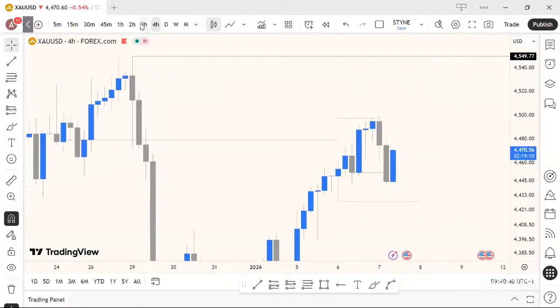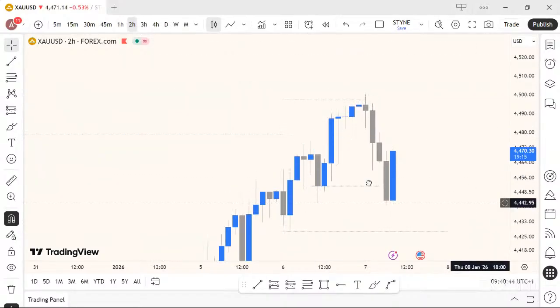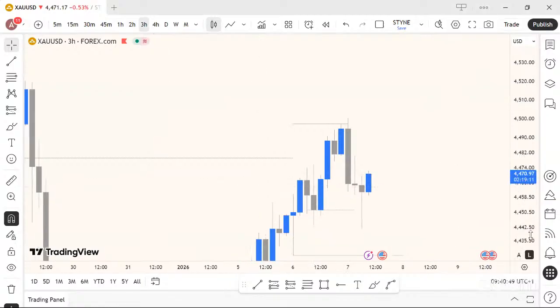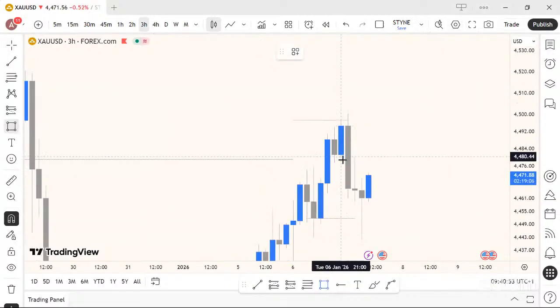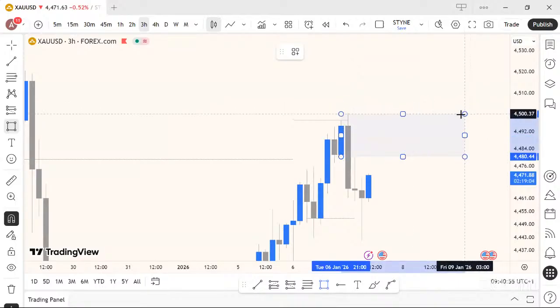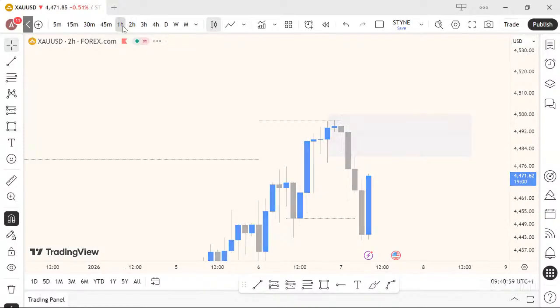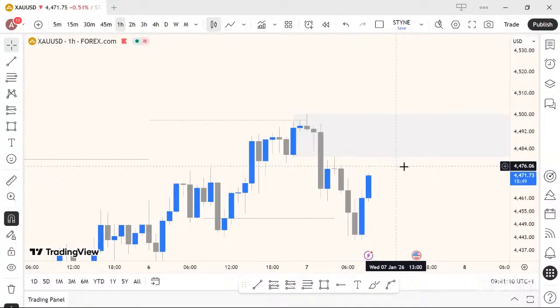So let's see lower time frames for entry, fair value gap, and what we like to see. Okay, 3 hours. 3 hours does not have. Okay, I think it has. 3 hours has a fair value gap here. Let me draw this out. Okay, this is looking good. Let me see 2 hours. Okay, 1 hour is also looking very good. All right, so this is the area right now for gold that may experience some sell-off.